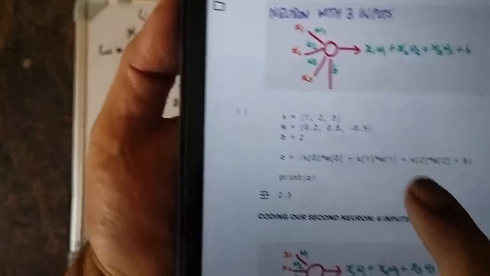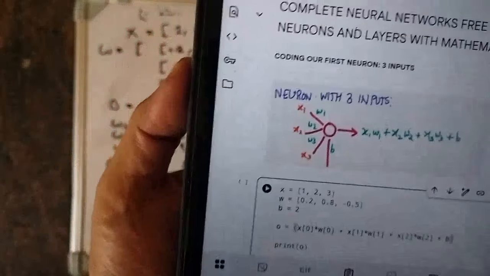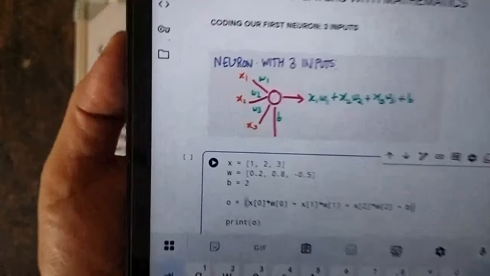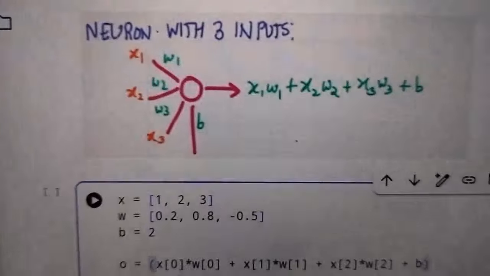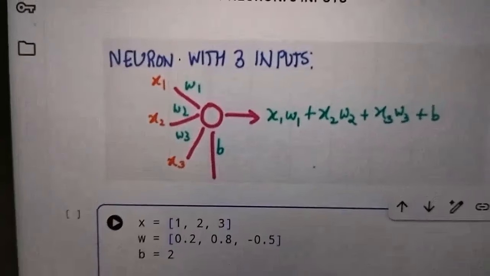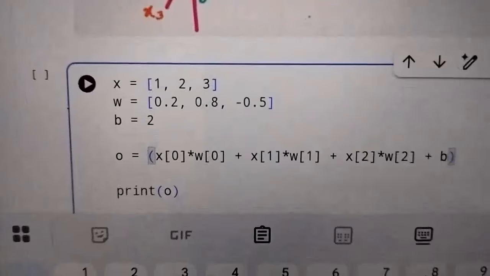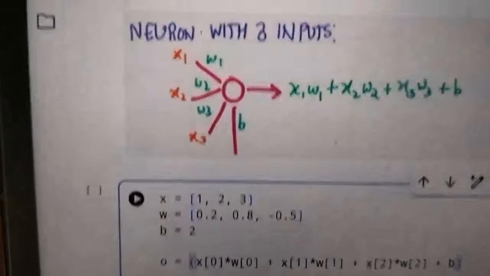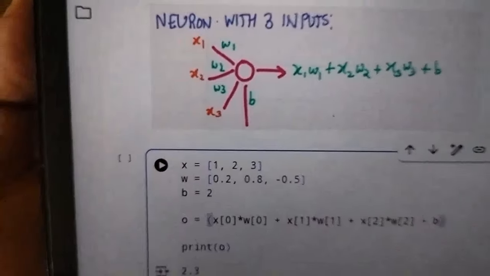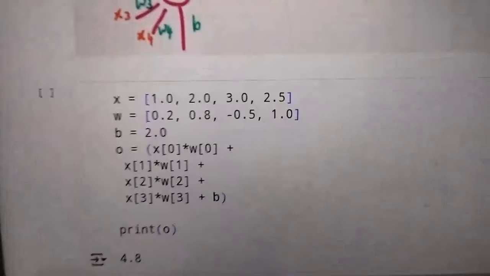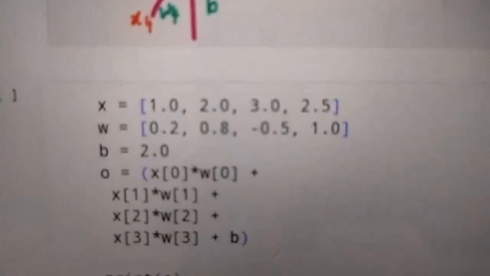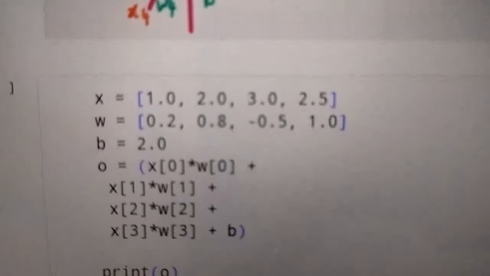So what we have written here, there are total number of 4 neurons, input are 3 and 1 bias, and after then same code we have written, you can see. And what is the output? I will also show. Same thing also, if there are total number of 4 inputs and weights are 4, 1 bias, then how are we adding? Okay. Later I will run the code in Colab.